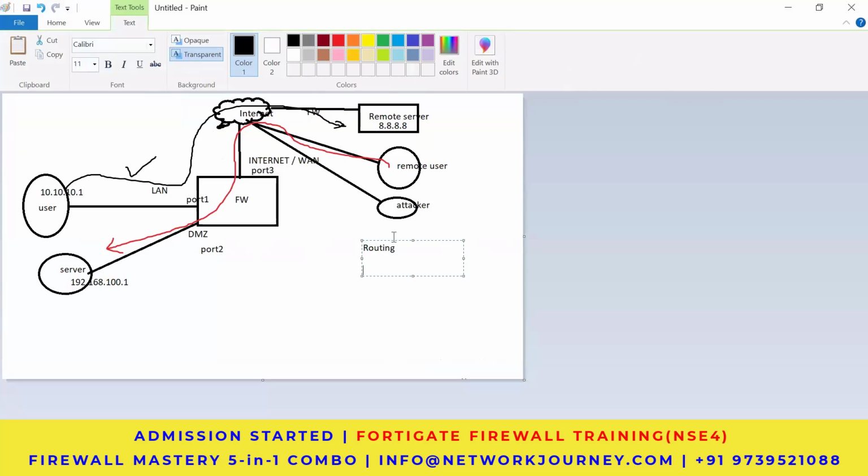Routing. Right. So now you see that the user wants to talk to the internet. So there will be a default route that is required for the firewall to communicate to the internet. So that is a default route, or the static route. Static route also will be there. And then we have the dynamic routing, which includes OSPF